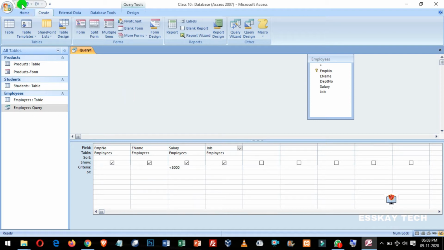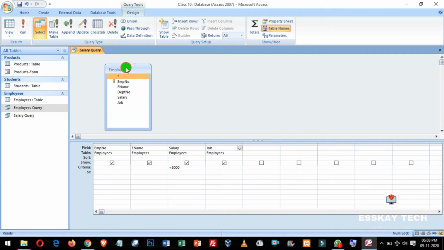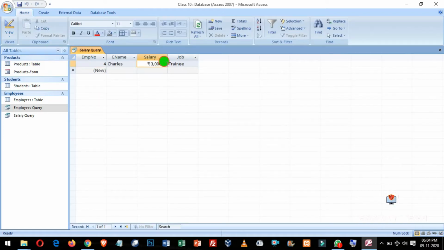Now I can save this query. Let's say the query is salary query. So when I click on OK, salary query is open for you. Now when you have got this, what you need to do is you need to go to the design tab, and there is one button with a big exclamation, and this is called as the run button. Just click on it and you will see this was the employee number, this was the name, this is the